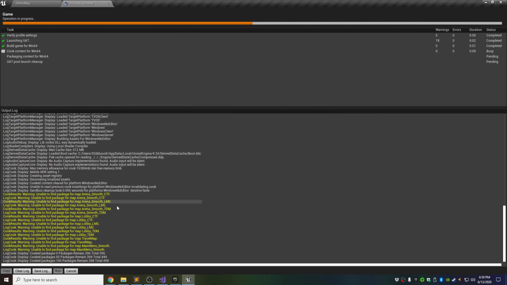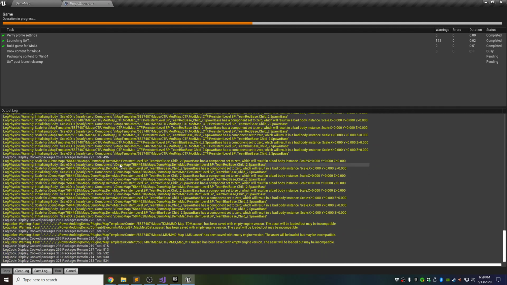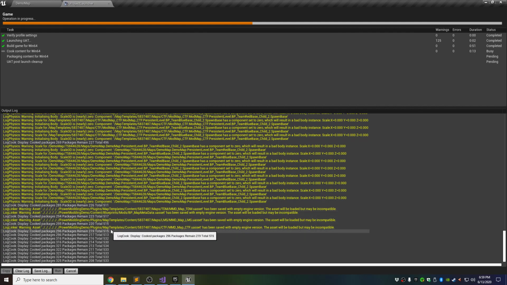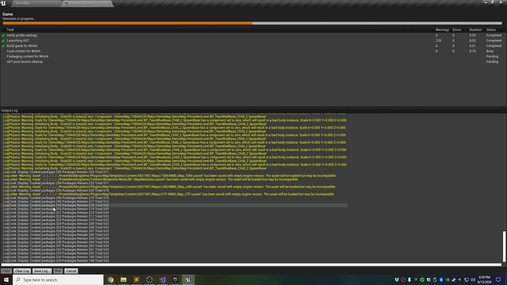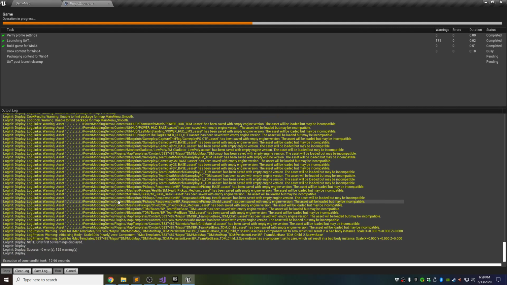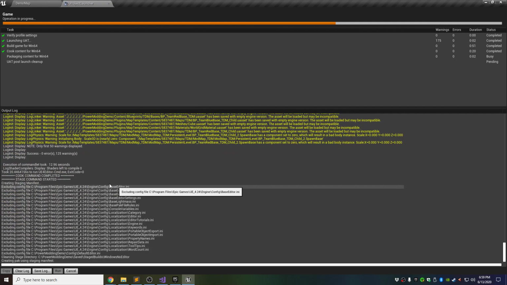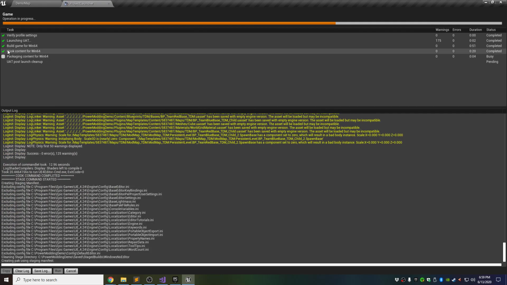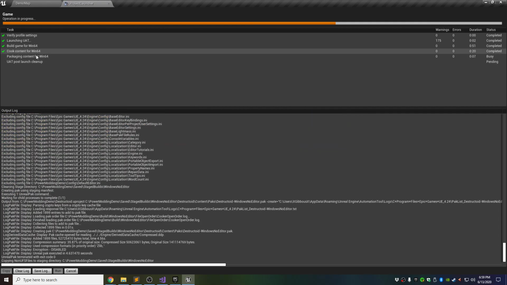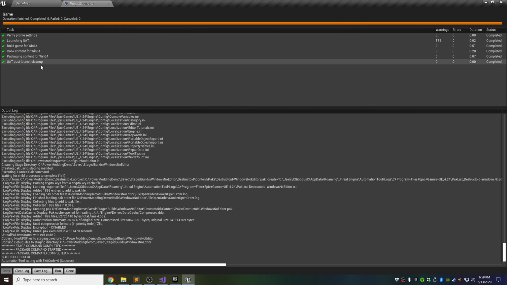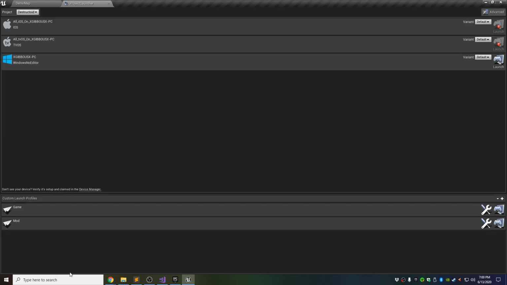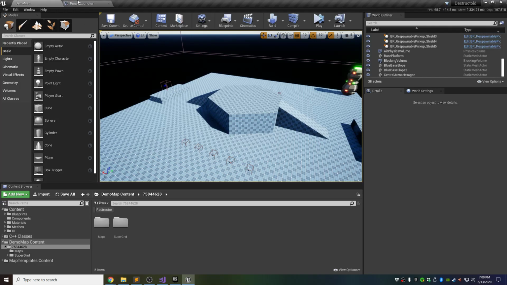And so cooking, it's interesting. It kind of makes it cross-platform in some way, I think, and compiles everything together, all the assets. So it cooked everything. It built the game code, cooked all the assets. It's packaging and done. So we just hit done here, and then we do have to configure this mod launch profile. So now we built the game, this part, so we actually want to build now our own demo map